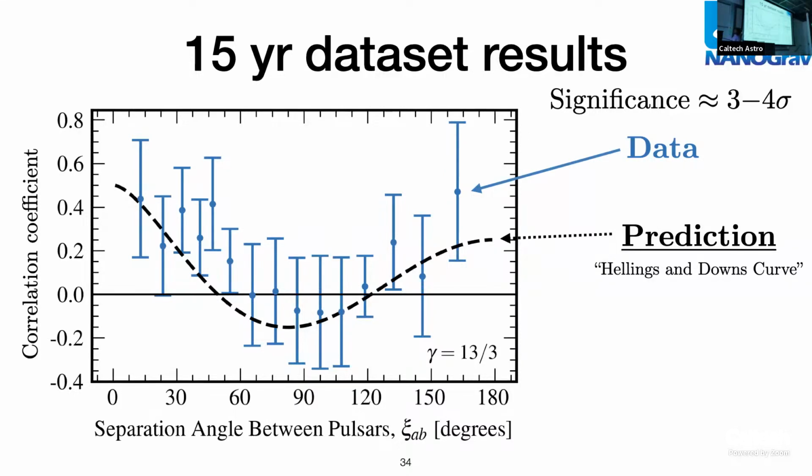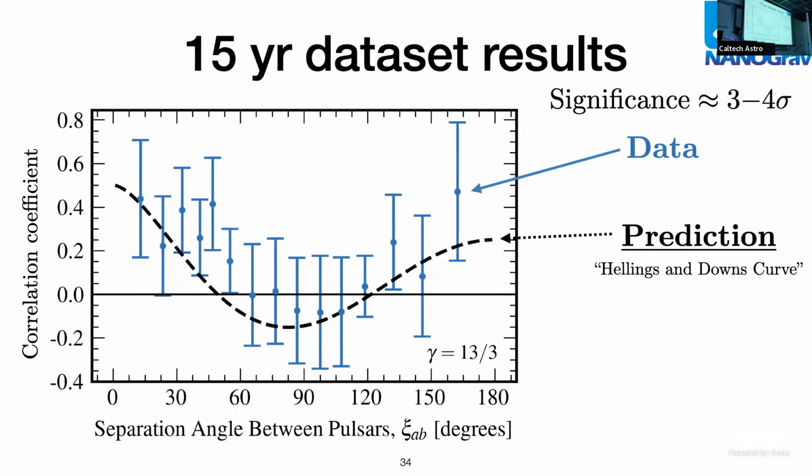So the way that this data is generated is we cross-correlate two pulsars on the sky, and then we bin things up in terms of angles. So if we have 67 pulsars that go into our analysis, then we get 2,200 pairs of pulsars that can be used to fill out this plot here.